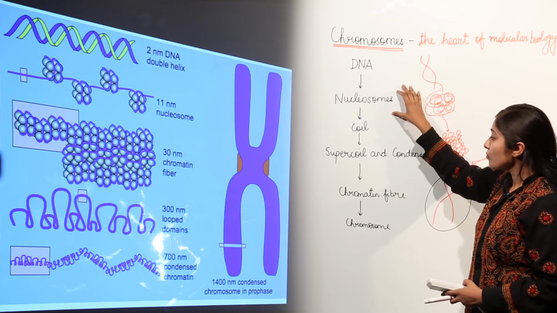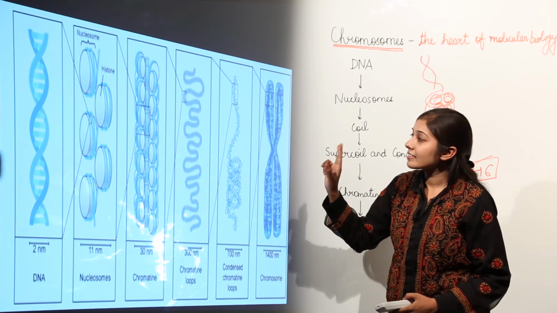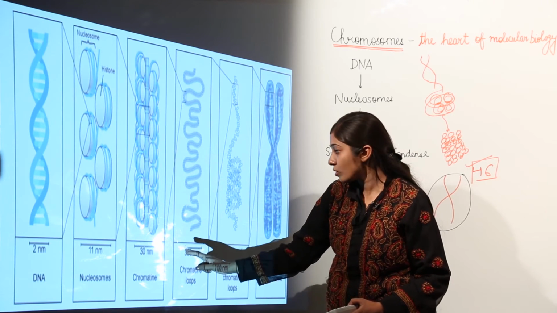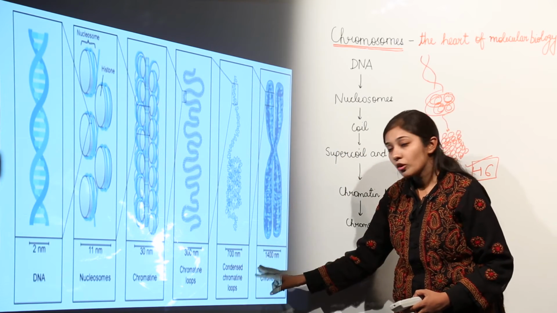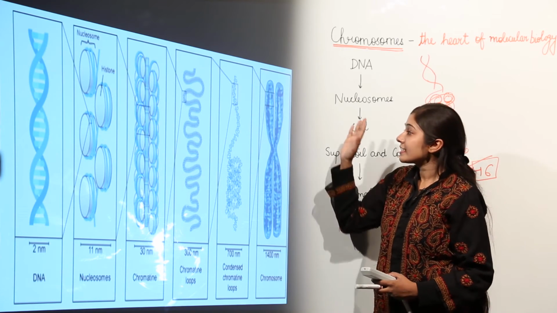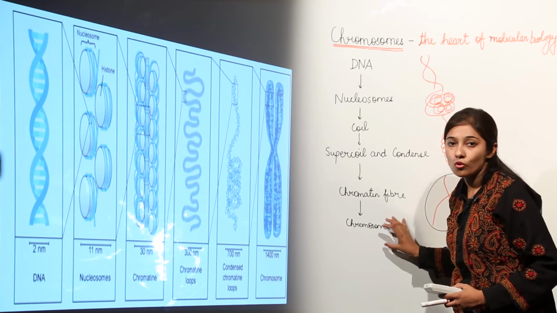So nucleosomes form chromatin fibers which finally form chromosomes. So as you can see in this image, we have a DNA molecule which further forms nucleosomes, then chromatin loops, condensed chromatin loops, and then finally a chromosome. So this is the basis of the formation of a chromosome